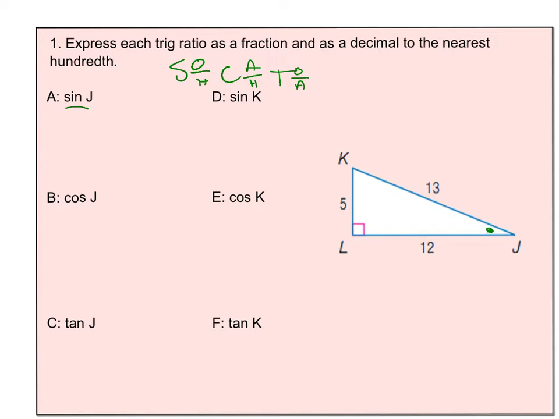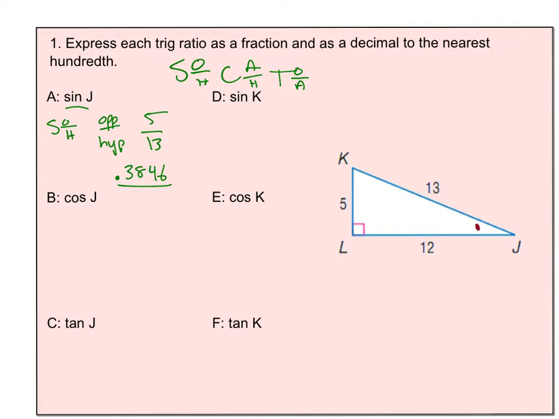So my sine is going to be opposite over adjacent. Okay, so that's not opposite over adjacent, sorry, opposite over hypotenuse. So from J, what's my opposite side? I'm hoping that you looked and saw, oh, that's 5. And my hypotenuse is going to be 13. So that's going to be 0.3846. It's usually a good idea to go 4 decimal places just because I think that it's good to keep handy. So cosine